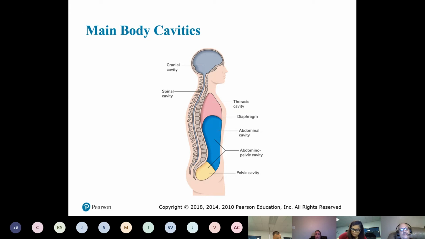And so what organs do you think are found in the abdominal cavity? Your stomach, your liver, pancreas, large intestine, small intestine. Exactly. And then we get into the pelvic cavity, where you have reproductive organs and the bladder. So cranial cavity, where your brain sits, spinal cavity, where the spinal cord is. So it's pretty simple. I wouldn't spend too much time. It's just really cranial, thoracic, abdominal, pelvic, which consists of the abdomen and the pelvic cavity. Pretty simple.